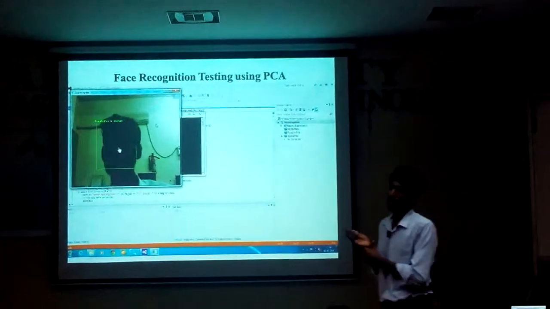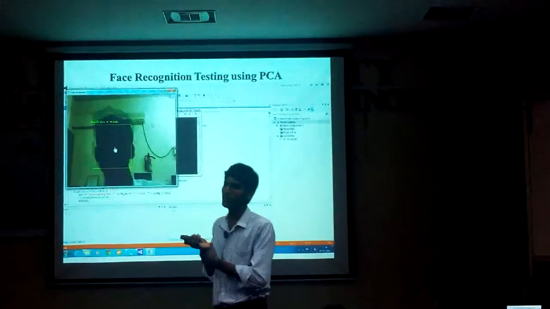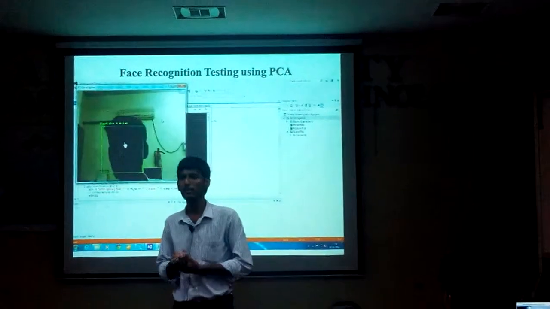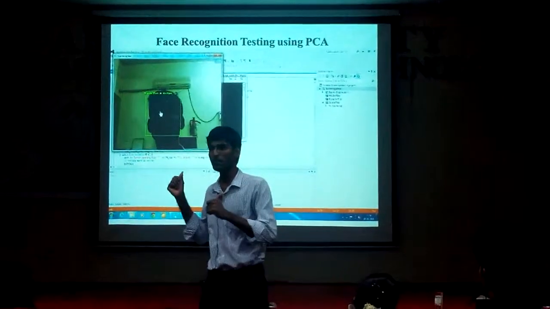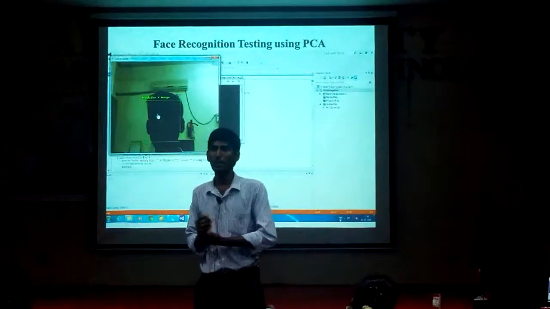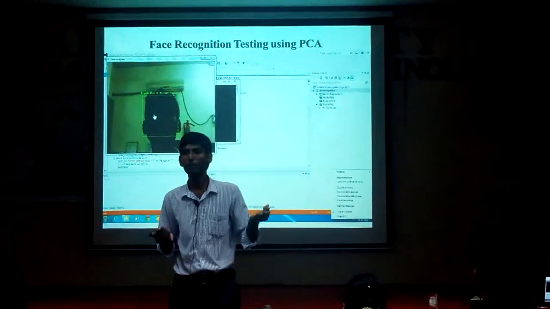But in this case with PCA, the prediction accuracy will be less. You can go for methods other than PCA. I have demonstrated this because OpenCV already has PCA, LDA and LBP, those three